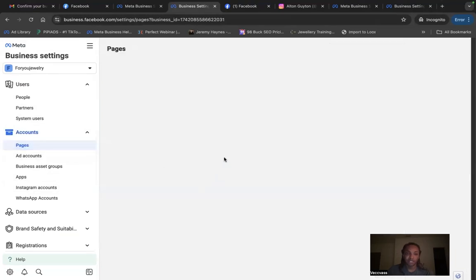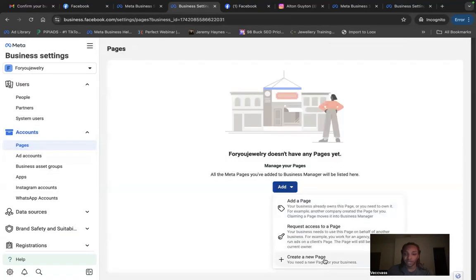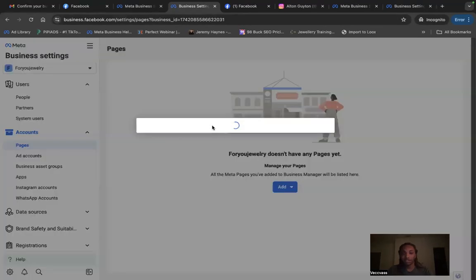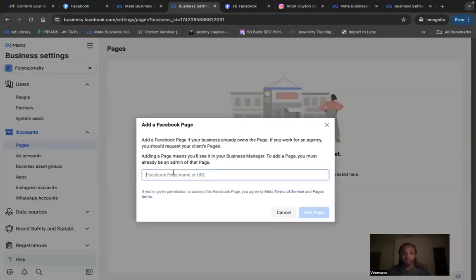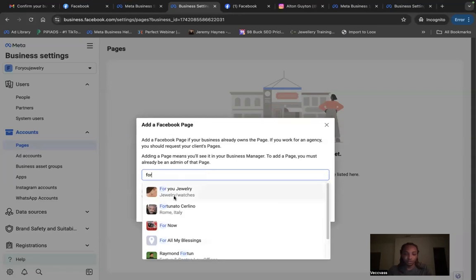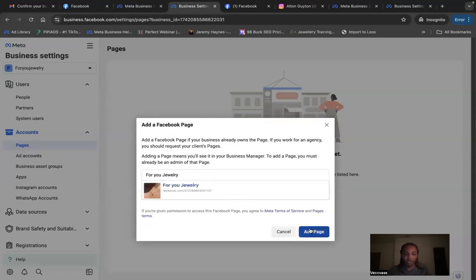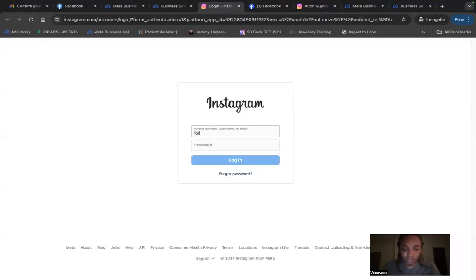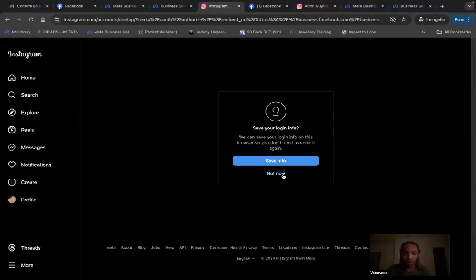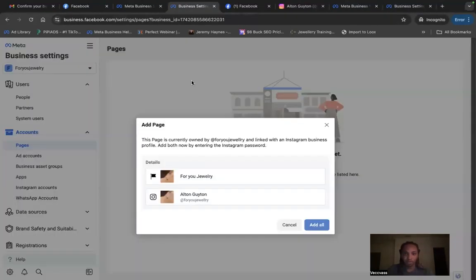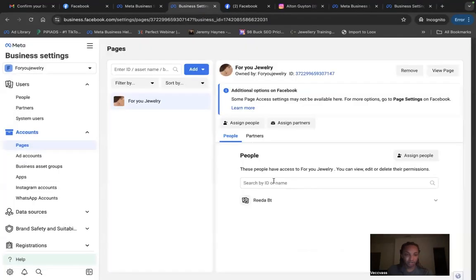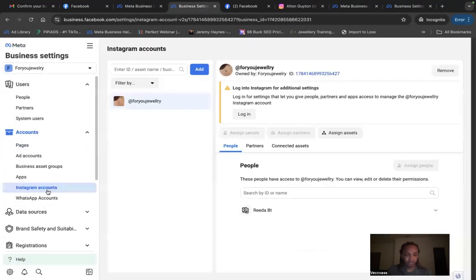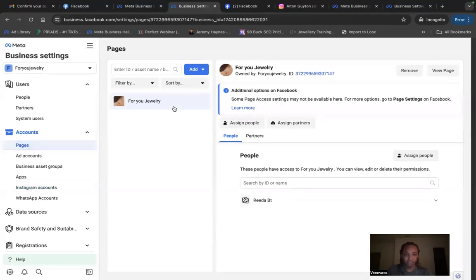So we're starting with Facebook because that's the easiest. We go to Facebook, then we click add, then we click add page, and then we type in for new jewelry, then we click there, and then add page, and then add all. We gotta log in. Click for new jewelry. Okay, so it went ahead and added it all. Okay, cool. That's fine. Let me double check. They do Instagram. So we gotta log into Instagram, but at least added